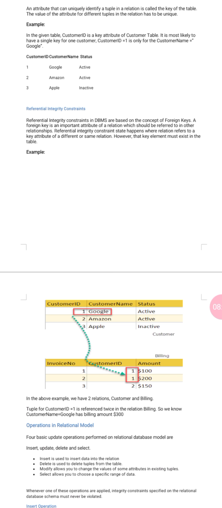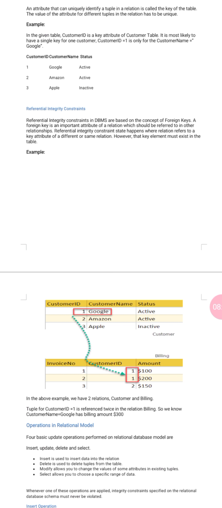Clear? It is most likely to have a single key for one customer. Customer ID equal to 1 is only for the customer whose name is Google.